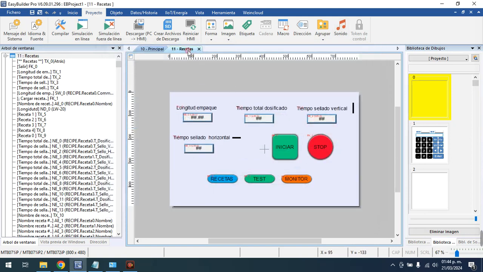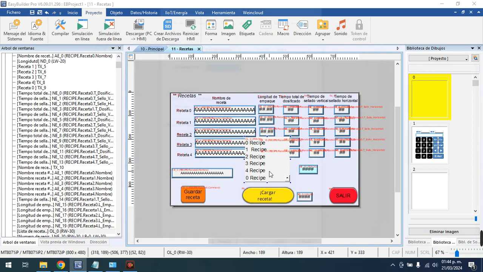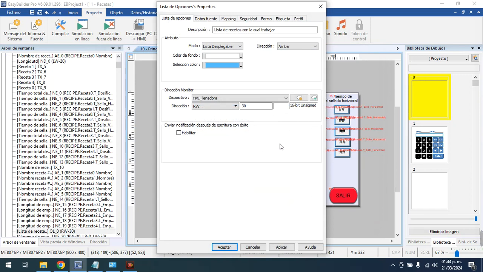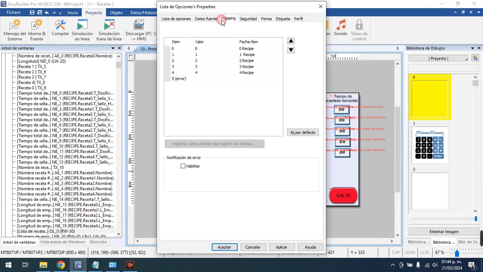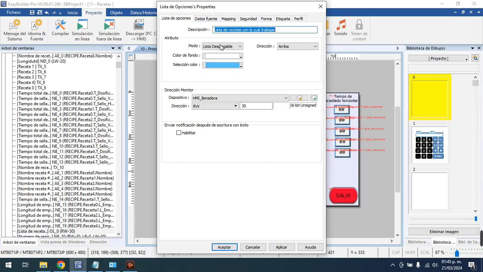We are here in the second form. This is the list box I specified. For example, I added these items by hand: receive 0, 1, 2, 3, 4. This is the text that is going to be shown in the list box. Then the internal value of each one is 0, 1, 2, 3, 4. And that's perfect for me. I suppose, my friend,